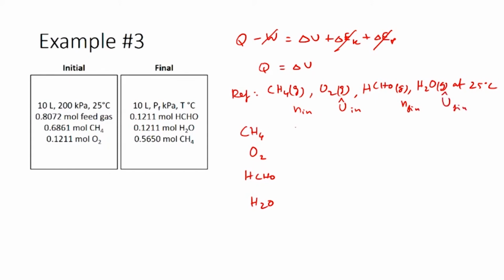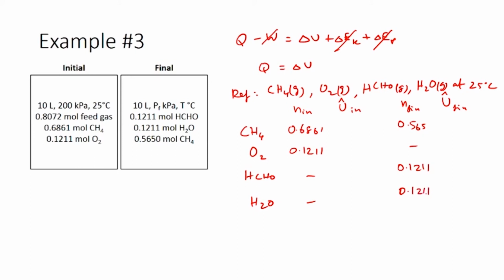So, initial moles are 0.6861 and 0.1211, and you do not have any formaldehyde and water. In the final condition, you have 0.565 moles of methane, there is no oxygen. You have 0.1211 moles of